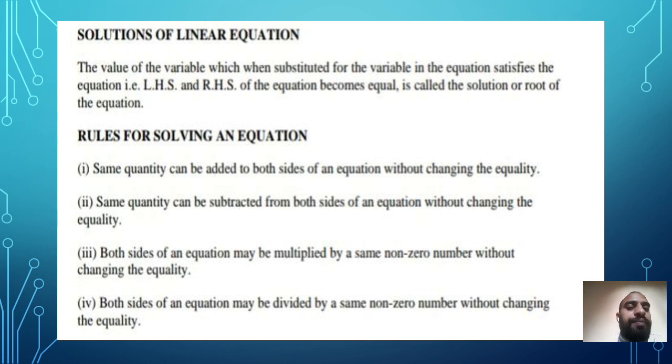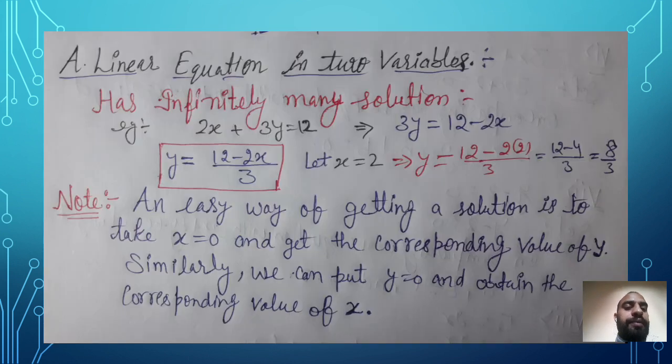So let's see the example once again. Now this linear equation I have selected first. Linear equation in two variables has infinitely many solutions. This line is very important, my dear student. How many solutions does a linear equation in two variables have? It is infinitely many solutions. How can I say infinitely? Because you can select any number here. Let's see step by step.